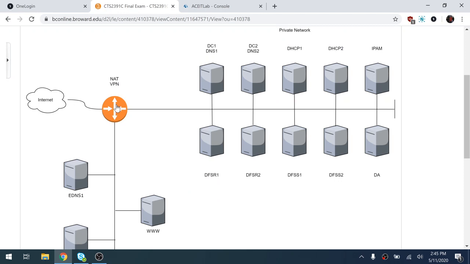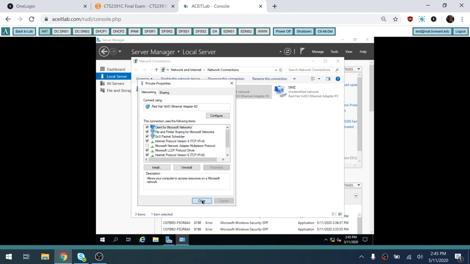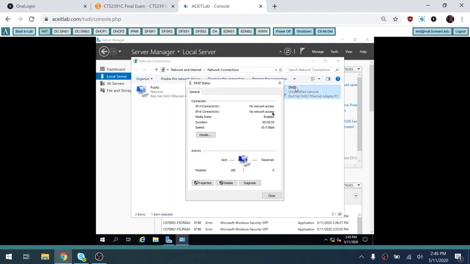And this machine should only get one gateway. So if I put a gateway on this interface here, these two interfaces shouldn't get a gateway. Only one gateway per computer. So right now, this interface has a gateway, so this one doesn't. I always put the gateway on the interface closest to the internet. So in this case, this is the interface closest to the internet. And again, I'm going to use these two machines to resolve names. Click OK, close. And for the DMZ,